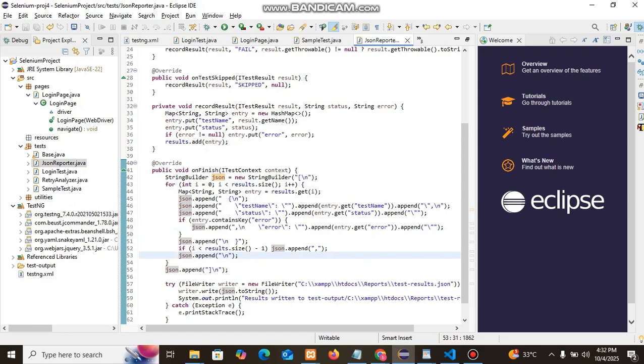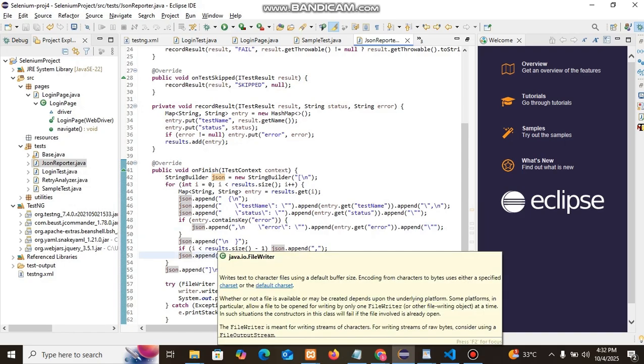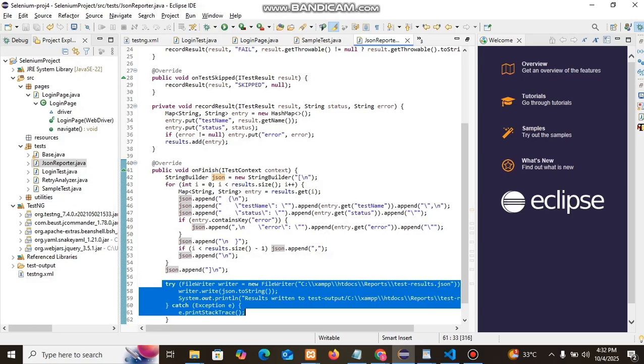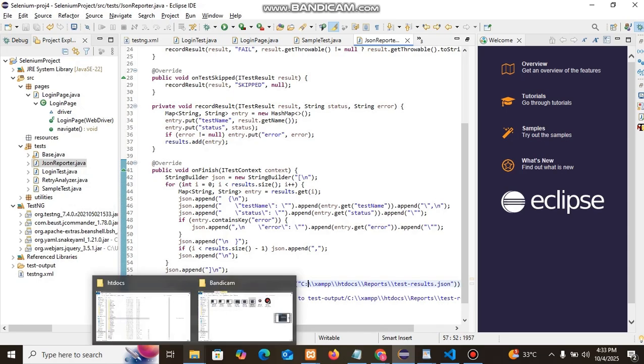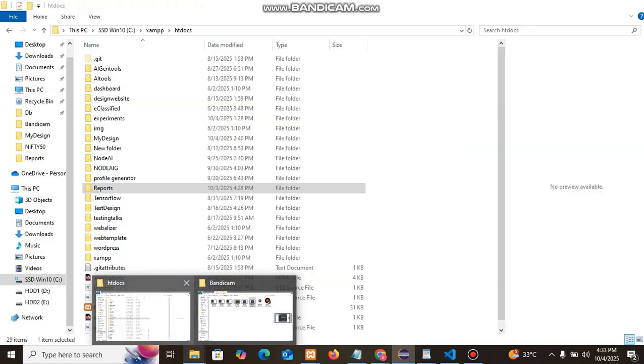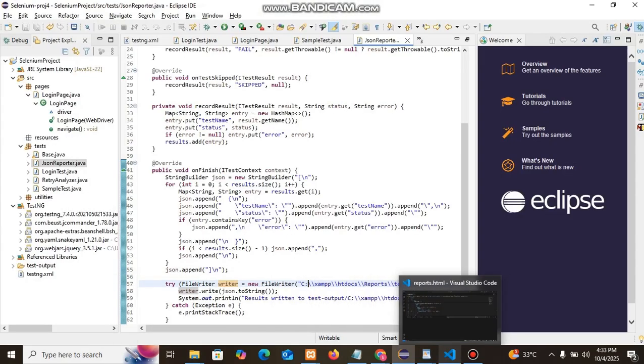and we are going to upload these results. Later I am going to write that in the name of testresults.json. Our results will be added by using writer.writeValueAsString. So this JSON, whatever I have created, is going to be appended to testresults.json. So this will create testresults.json under the htdocs folder under reports. So we have